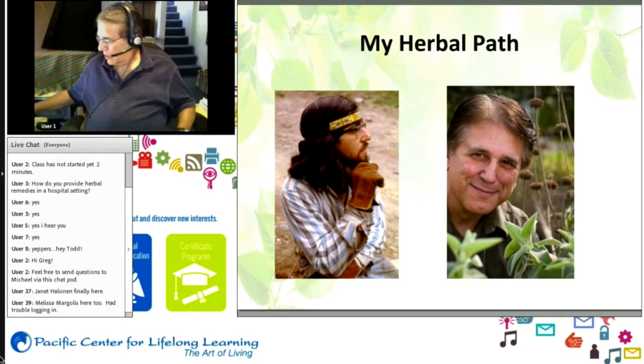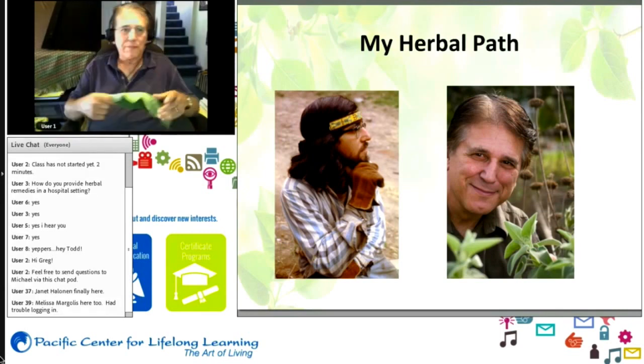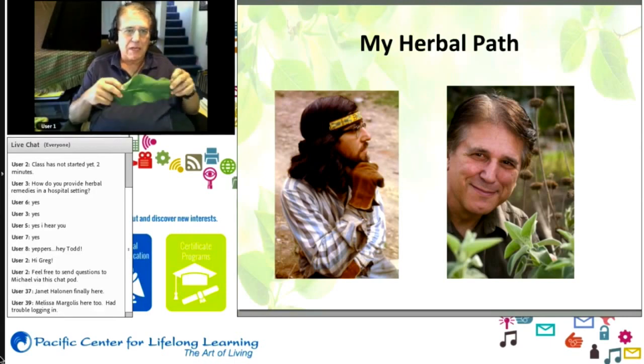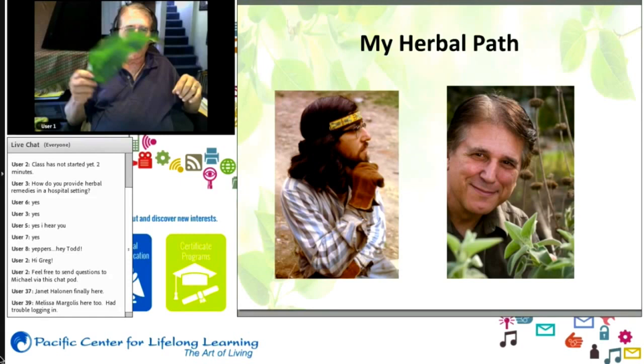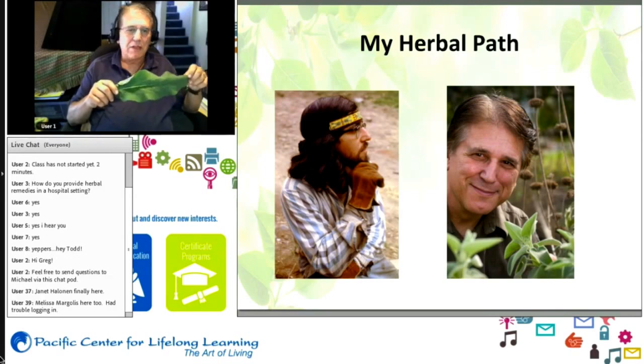Now, I'm going to take the opportunity here of showing you some plants that I just picked out from my garden outside, because I grow a whole lot of herbs, many of which I use in my clinic. And this is one of the joys of adopting Western herbal medicine, because you don't have to be dependent upon things that come from the other side of the planet, that are either neatly or not so neatly coming from bins in arcane Chinese sources, with a lot of people sometimes being a little snooty about their products versus the others. You can grow a lot of these plants yourself and have great fun and really fulfill the mission that I think many of you made to yourself when you decided to get on the path